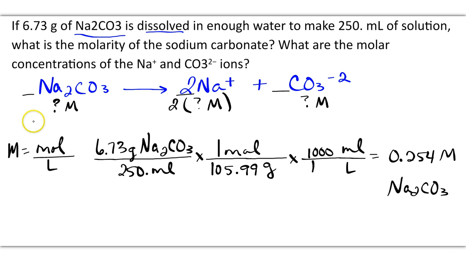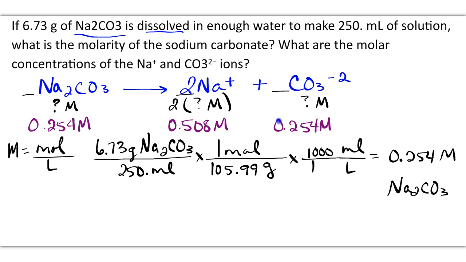So my concentration of sodium carbonate is 0.254 molar. Remember that sodium is going to be 2 times this amount. So 2 times 0.254 is going to give me 0.508 molar for sodium. And then it's a 1:1 ratio for carbonate and sodium carbonate, so this amount will be the same, 0.254 molar